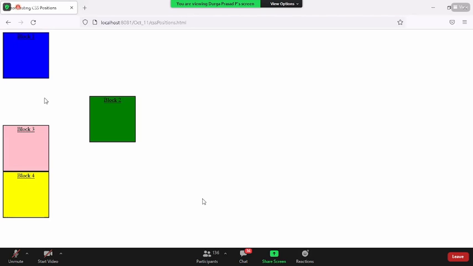From this place, left is 250 pixel. This is where I'm coming. This is why we call it a relative element. Relative in the sense, relative to my original position, which is under the XY axis, I'm actually moving my own position, which we call position relative.